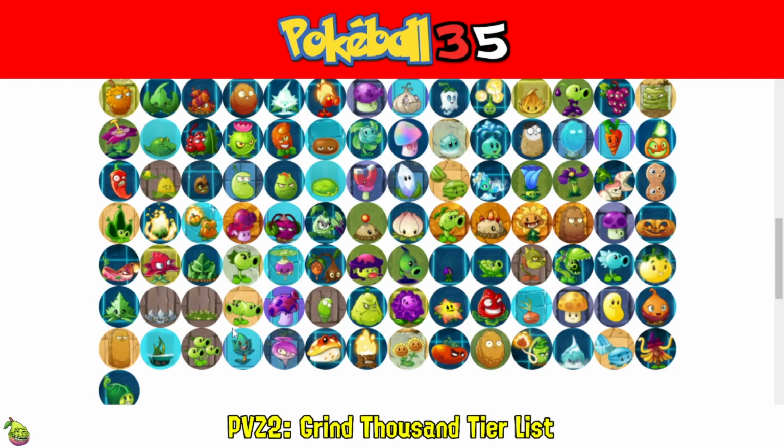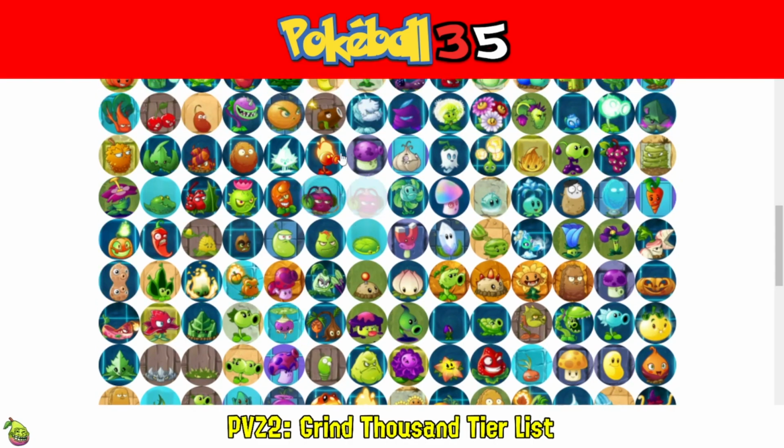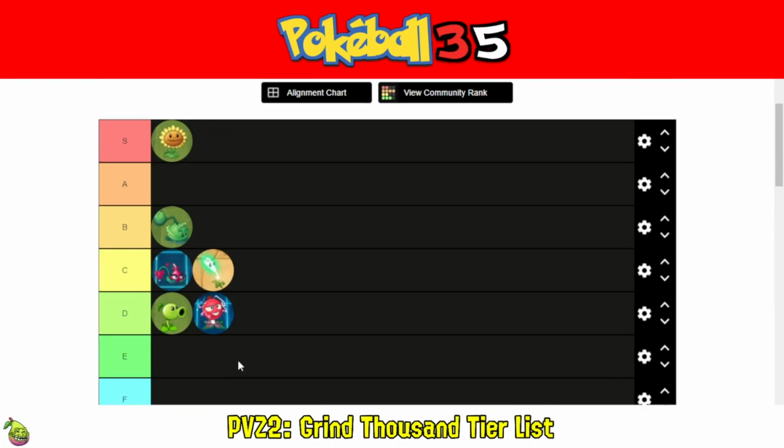I still cannot find Fat Beet. It's purple, so it's not that hard to find. There's Fat Beet. So Fat Beet, easy A tier. It doesn't work in every single strategy, but once you get it out, it reliably kills